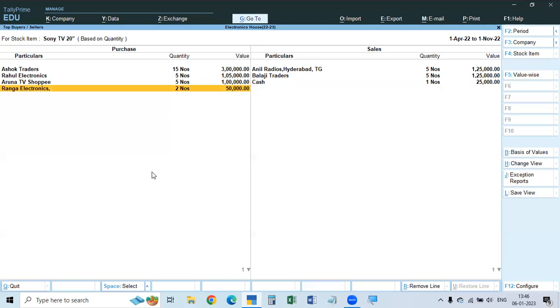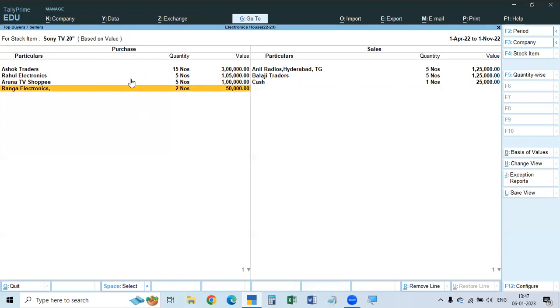Suppose if there is some difference, that's why it will show 5, then 5, then 5, then 2. Here 5, then 5, then 1. So descending order only. The highest quantity, then lower quantity, then lower quantity, like this. Here also highest quantity, then lower quantity. So based on the quantity as well as based on the value, it will show the details of the top